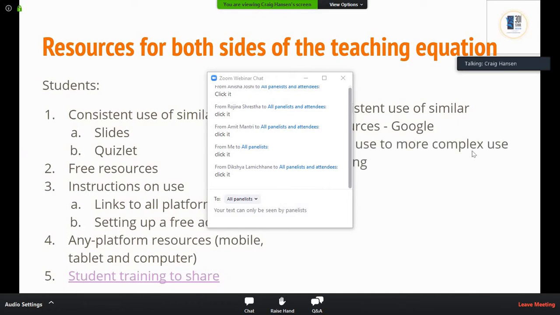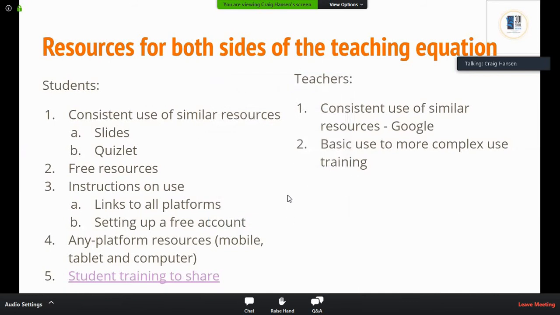We're going to do basic to complex. Now, if your school is not using Google Classroom, you're not a Google school, it's okay. We're going to share resources with you that you can use without being a complex school, without having Google Classroom, without having a G Suite school.